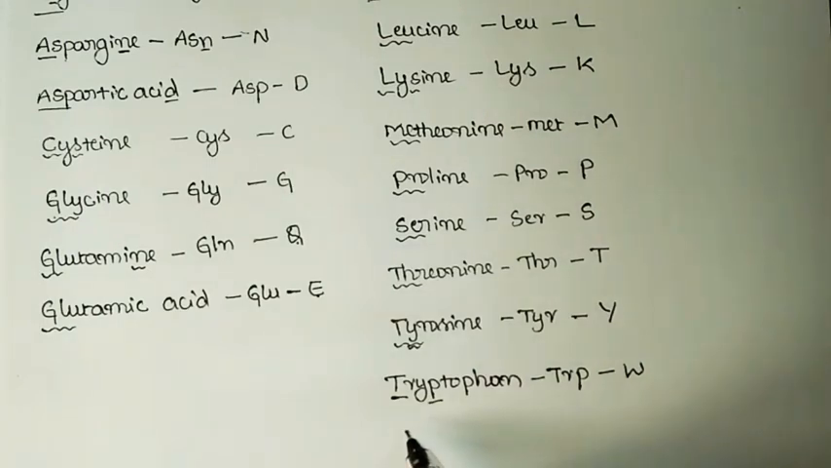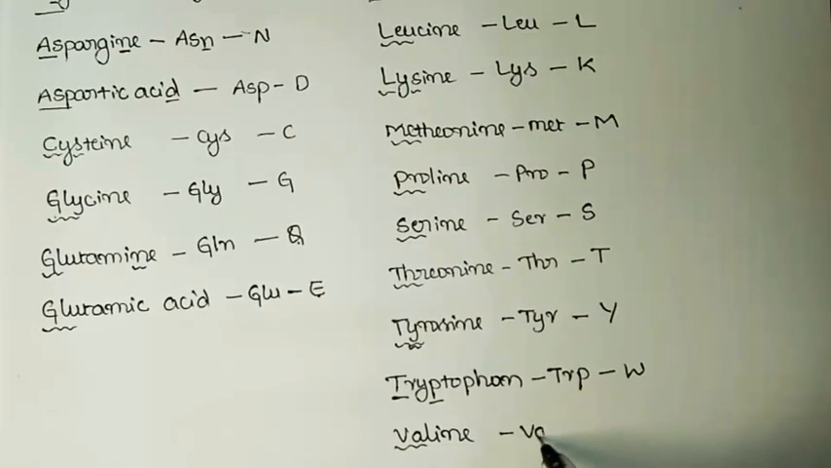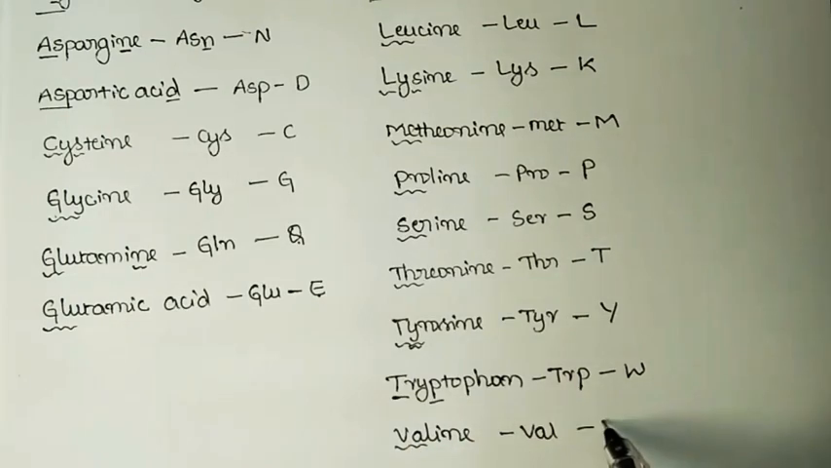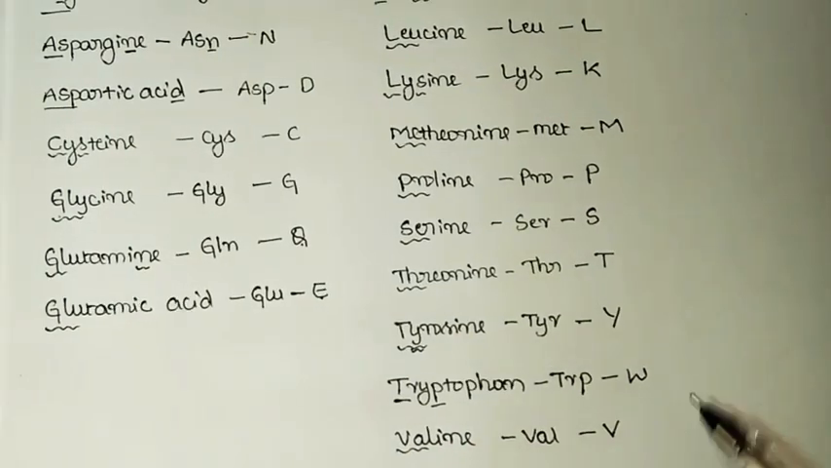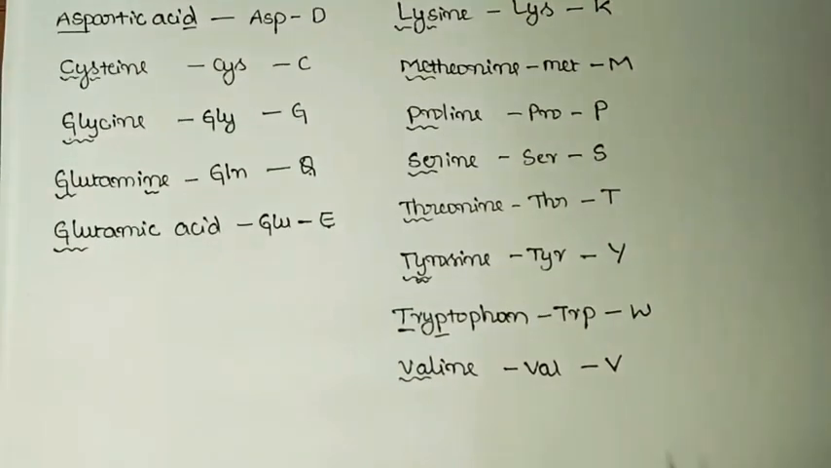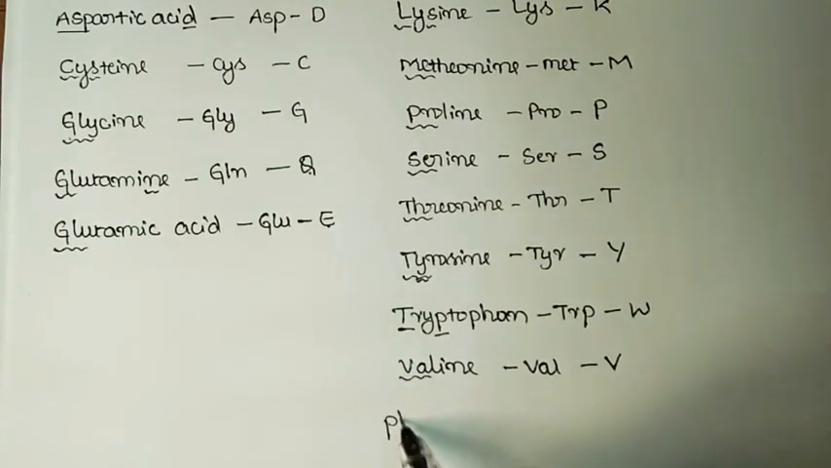And then the next amino acid is starting with the alphabet V, that is valine. The three-letter word will be VAL, and there is only one amino acid with alphabet V, so the symbol for valine is V. And the last amino acid is